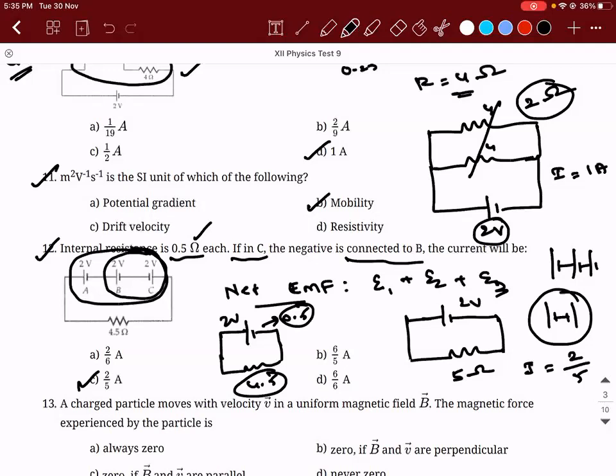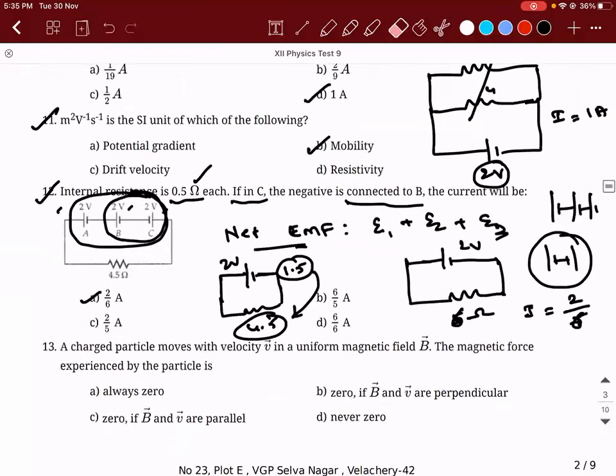We are right only, no? I made a mistake. Can someone tell me the mistake that I made? Actually, the answer given is 2 by 6. What is the mistake? The EMFs will get nullified, but there are 3 resistors with the same internal resistance value. So, how much will be the total internal resistance? It will be 1.5, right? So, this 1.5 added to 4.5 will be 6. So, the answer is 2 divided by 6. So, option A is the right answer.